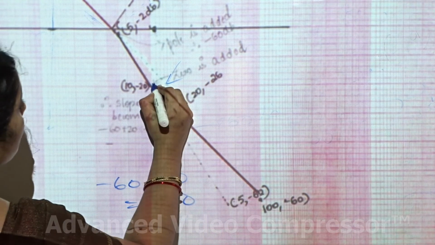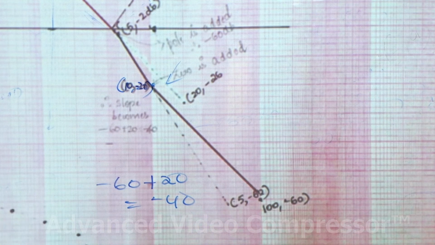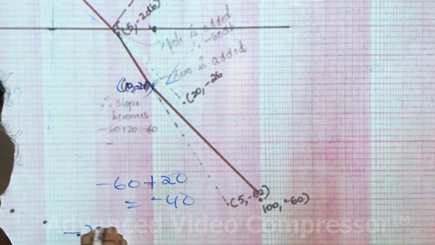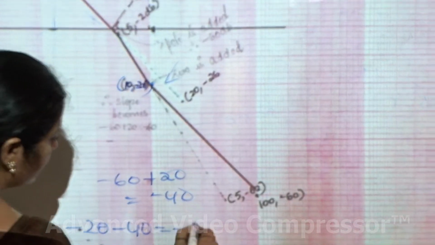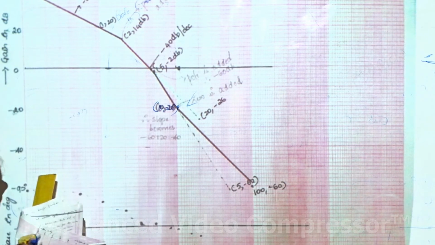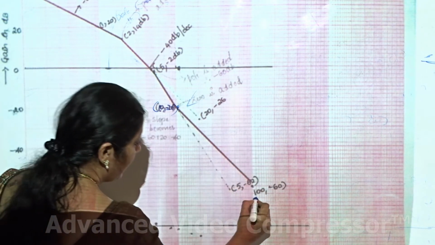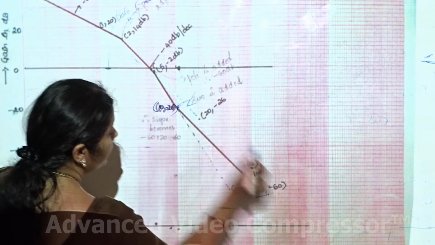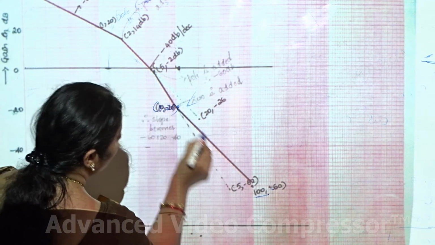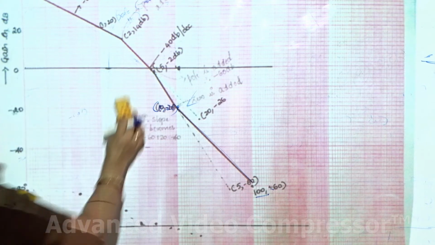What was the coordinate of this? It was 10 comma minus 20. Now if the slope has to be minus 40 to minus 20, you add minus 40, it is minus 60. So the next coordinate what you should get is, if this is 10, decade means 10 into 10, it will be 100, minus 20 to minus 60. Join this line. So your total magnitude plot will look something like this.